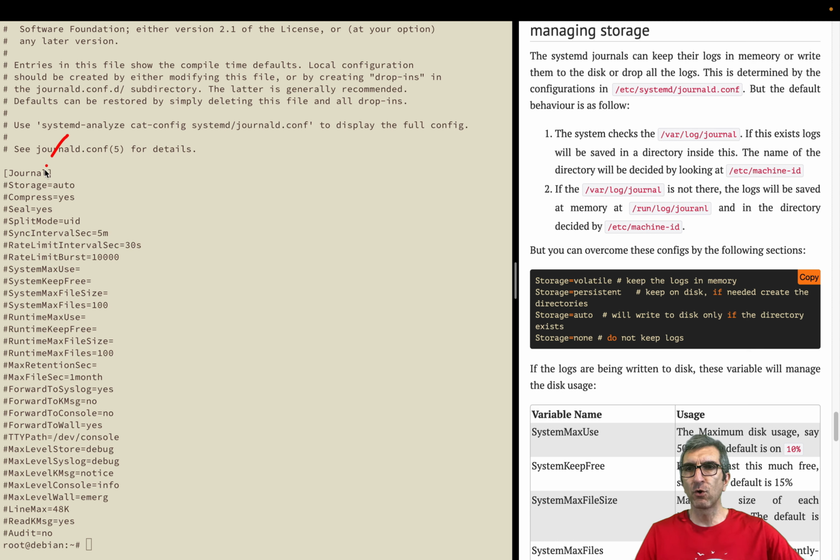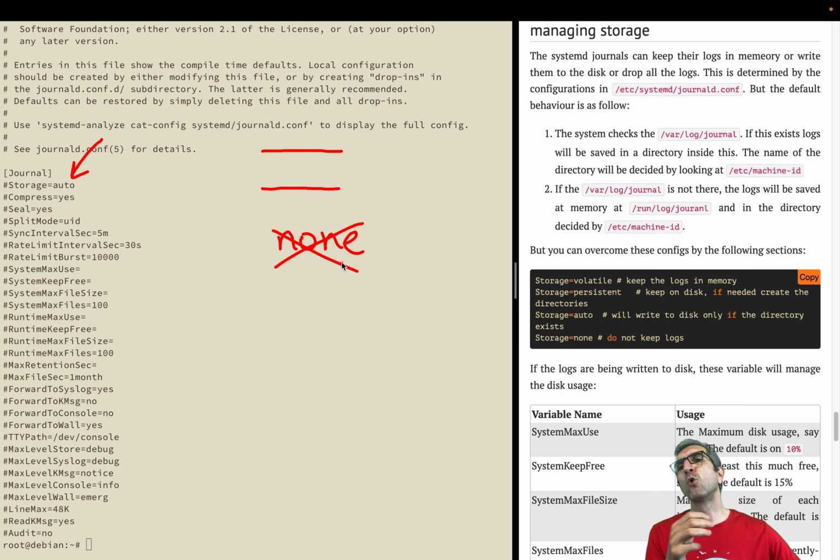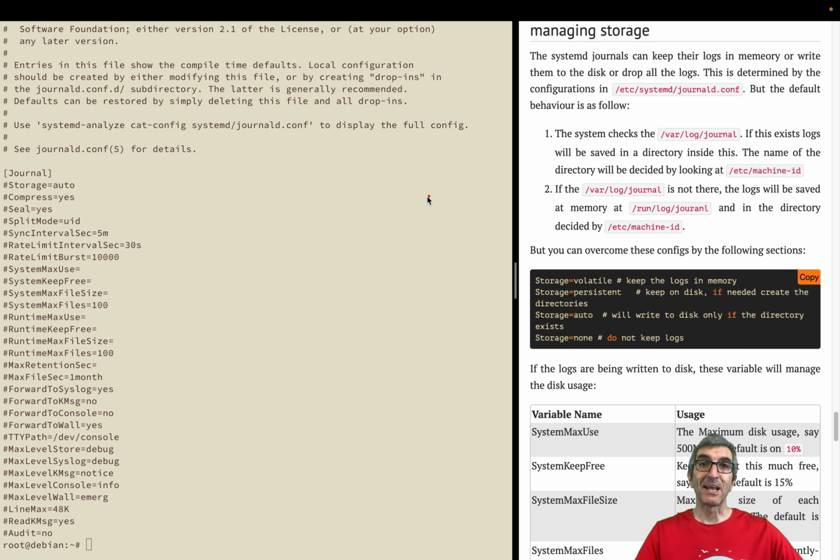For example, we said storage is auto. We said system max use is not configured. Let me talk about this auto first. Systemd can do three things with logs. It can save them on disk, it can save them on memory, or it can do nothing. Just ignore whatever log you sent. Sometimes useful. You have a very small device without any memory and you just want to neglect all the logs. The question is why you are running systemd there. Anyway,